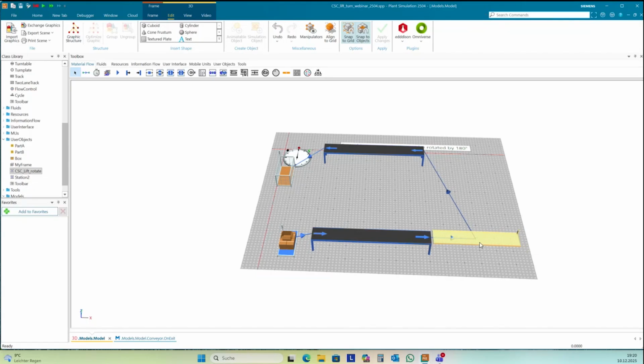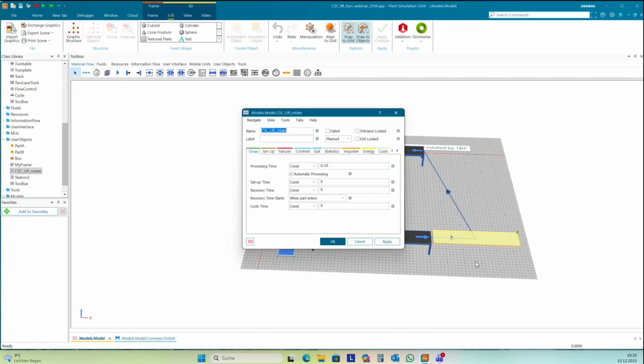Here, it's a point-oriented object, so it moves the complete part onto this cross-sliding car and doesn't consider that it takes some time to transport the part from the start to the end of this object. And this we can set here as processing time for this cross-sliding car, maybe 15 seconds. And then we can start the movement of this cross-sliding car in the exit control. So I want to make here exit control.